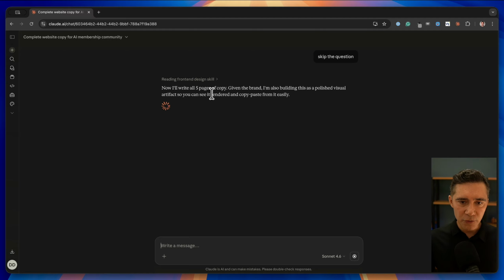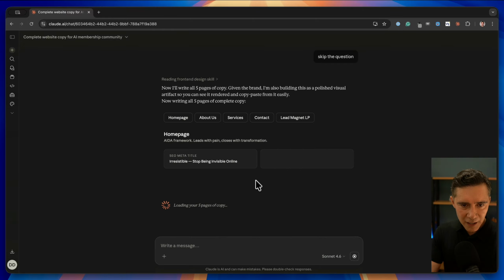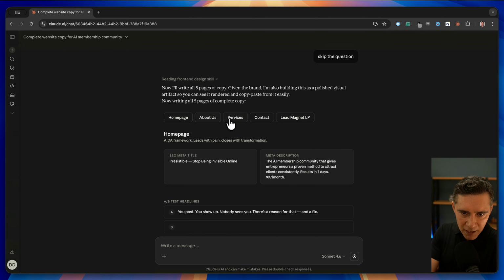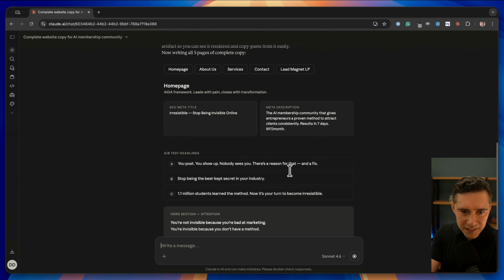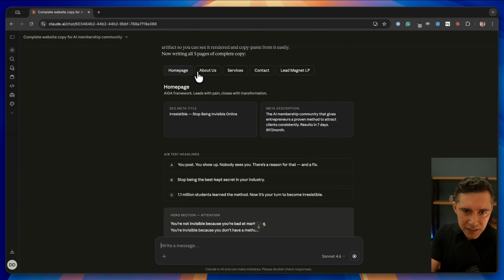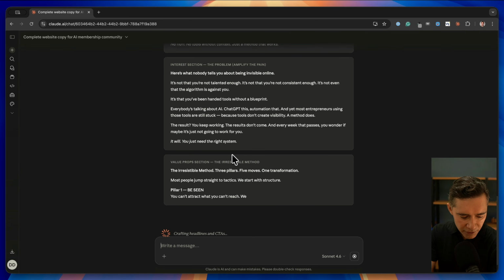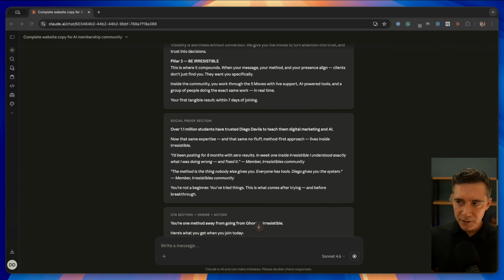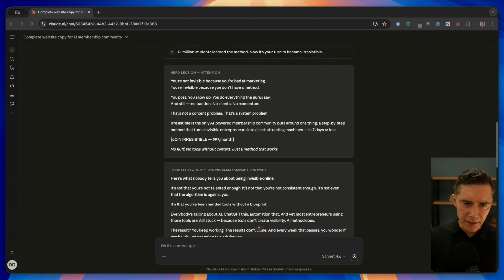Wonderful. Now let's write the 5 pages copy. And here starts the process. You see it's coming up. We have the home page, about us page, services, contact, and lead magnet, all the things we asked for. And again, these are clickable buttons because we're using Claude. On ChatGPT it will be a little bit different. And on the landing page, we have here